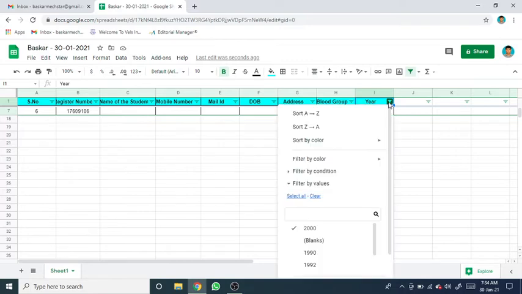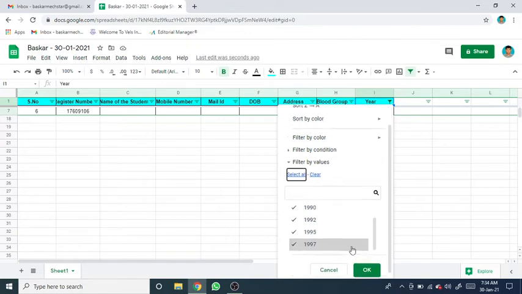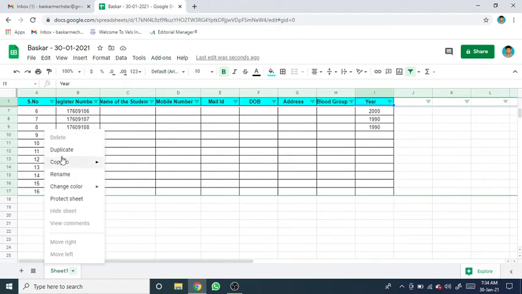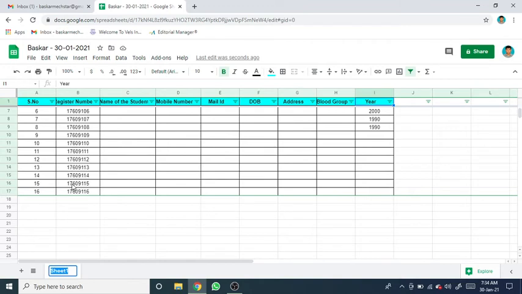Then if I want all the data again, you need to click select all, then press OK. That's all. Now again you are getting all the data. So like that, the filter option is helpful in a lot of ways, for sorting your data, and immediately you can download it. You can give the name here. Generally the sheet name is Sheet1. In that I want to click rename, and I will type student details.